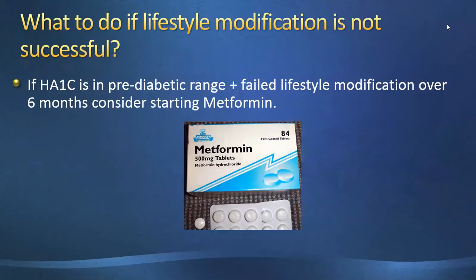So, metformin. What to do if lifestyle modification is not working, which, if you read through the literature, it commonly fails. So really the most obvious time to think about metformin is when someone has reached the pre-diabetic range. You've tried lifestyle modification. Usually the recommendation is at least 6 months of attempting that, and they're failing. And the way you know they're failing is their A1C is still in the pre-diabetic range or it's increasing. If someone is not in the pre-diabetic range, we usually do not start metformin